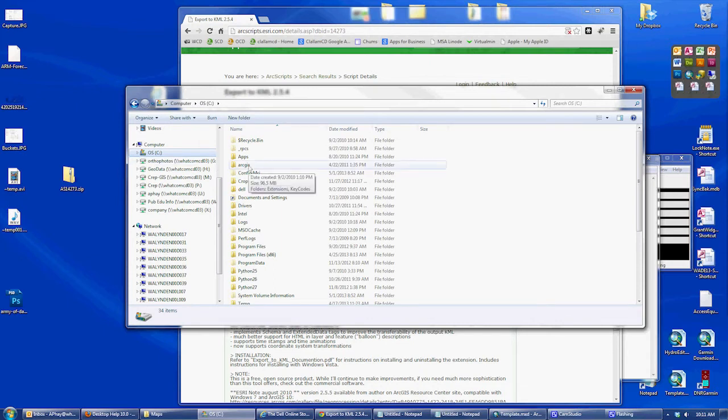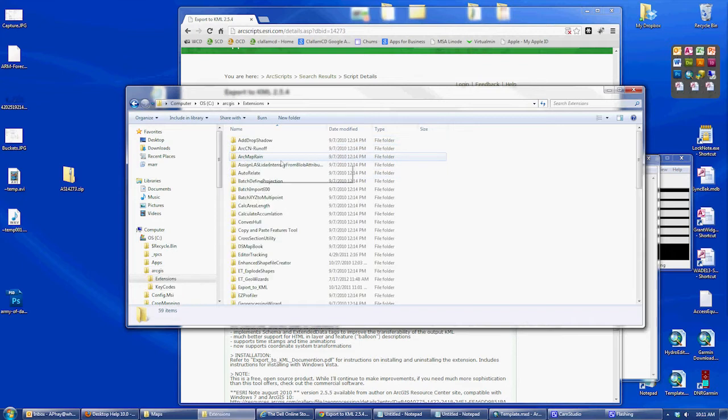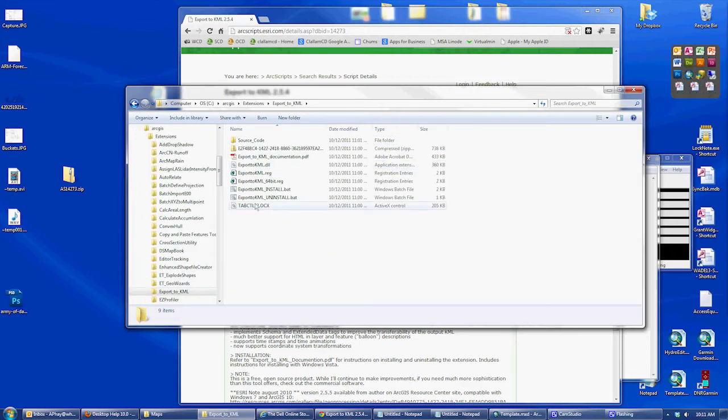I put all my extensions in ArcGIS and extensions, and then you can paste it in here. I've already got one in here. You'll see the install right there. Please read the installation instructions in the PDF first before you double click on that. Once you install it,